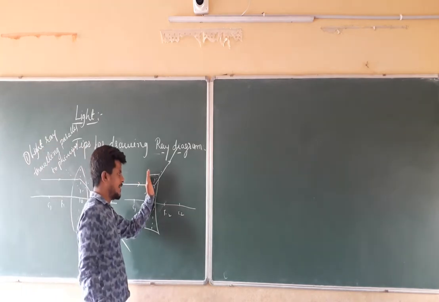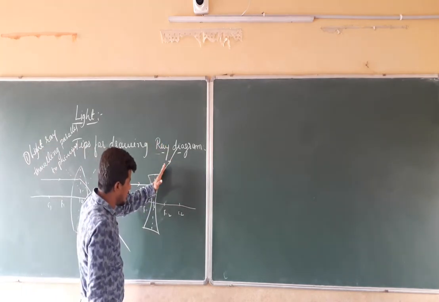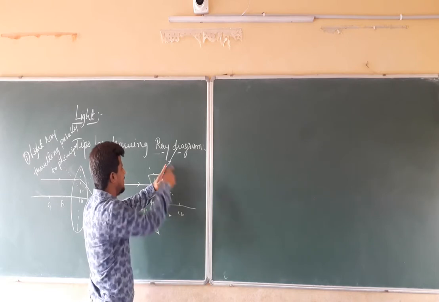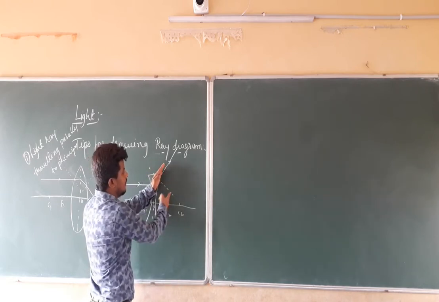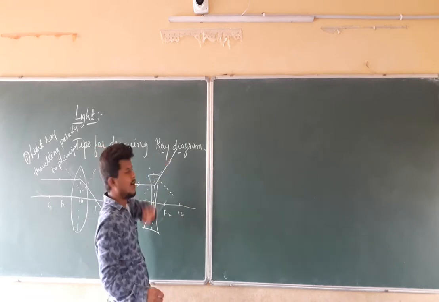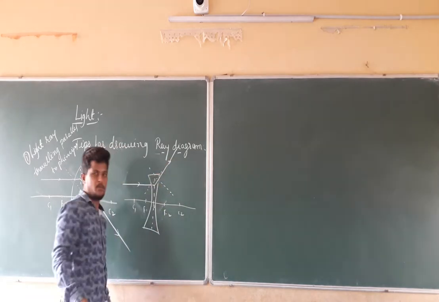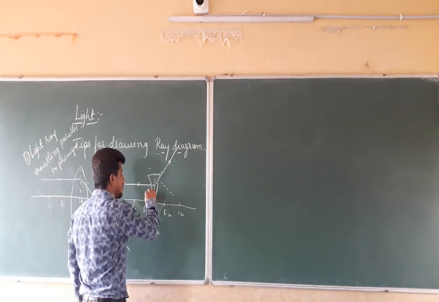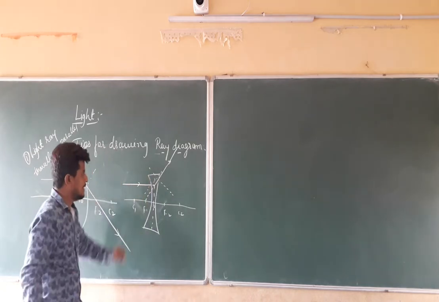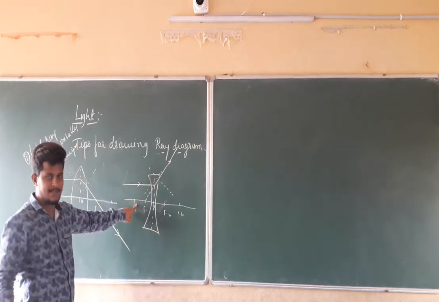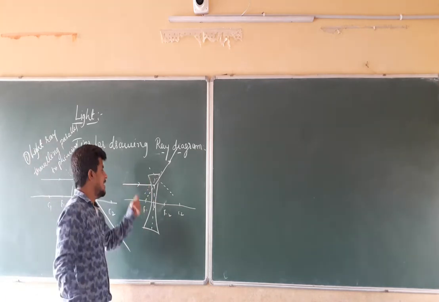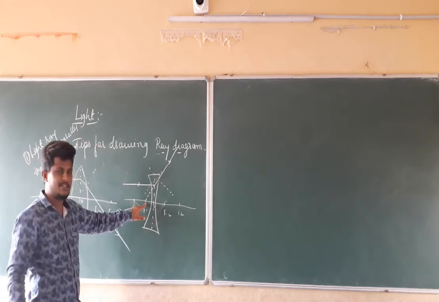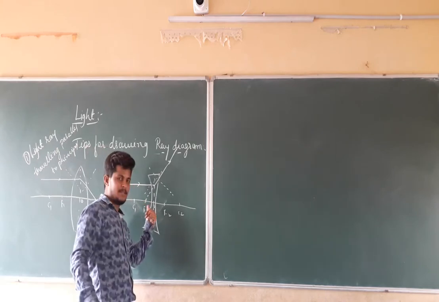That is nothing but, when I draw a tangent here, it is going in an upward direction. Again when I draw a normal here, tangent and normal, the light ray which is traveling from the denser medium to the rarer medium is going away from the normal. That's why it is going in the upward direction. And when you check the light ray, it is diverging from the principal focus. The light ray which is traveling parallel to the principal axis, on refraction in the case of a concave lens, appears to be diverging from the principal focus, which is present on this side.